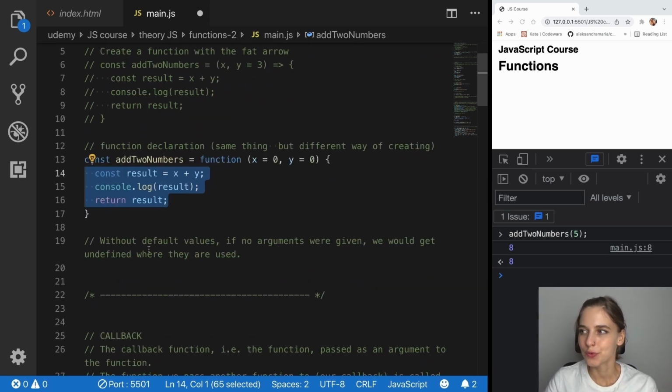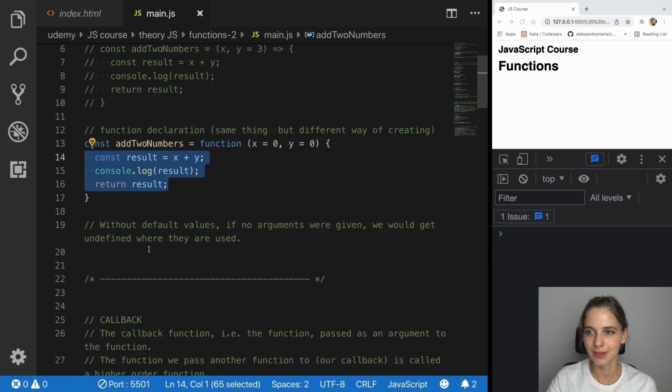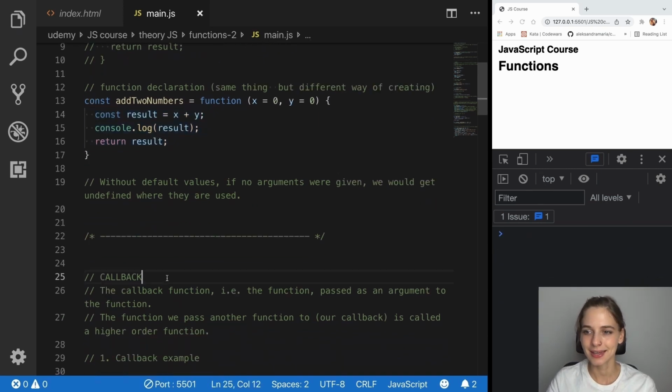Okay, moving on to the next thing. Next thing I wanted to talk about is a callback. Callback sounds like a very tricky thing, and I will give you a head start. It sounds complicated. It isn't as complicated as it seems, but it's much better to try to understand it really well from the very beginning,